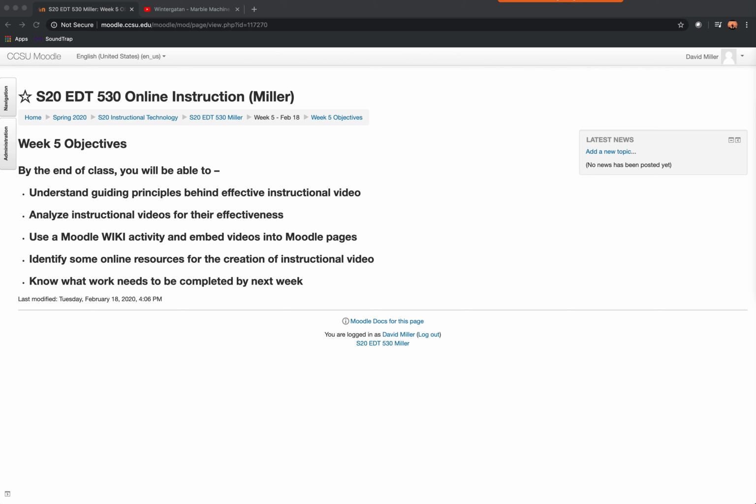Remembering that the first section of your Moodle should be a general introduction, and the last section of your Moodle is going to be some kind of a final assessment piece. So you should have that. The overview setup of your Moodle should be pretty much set up.